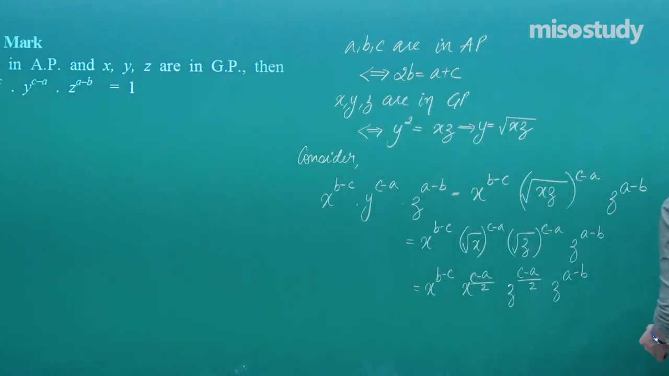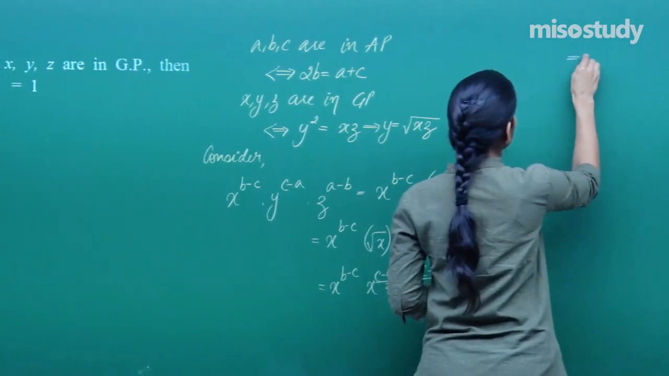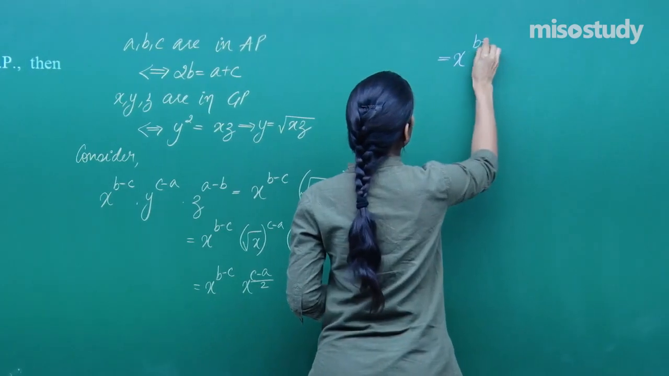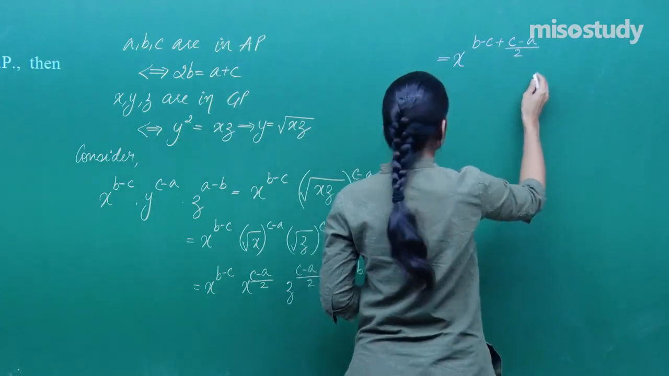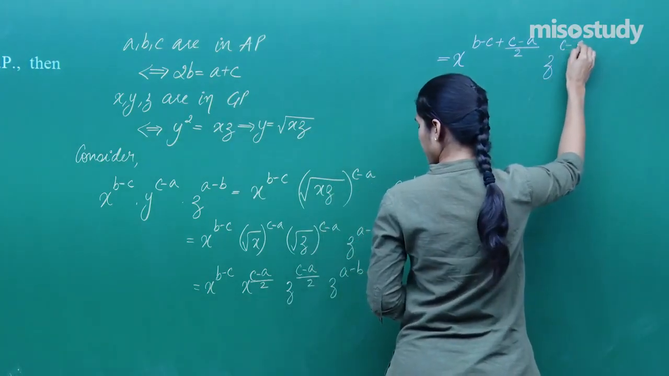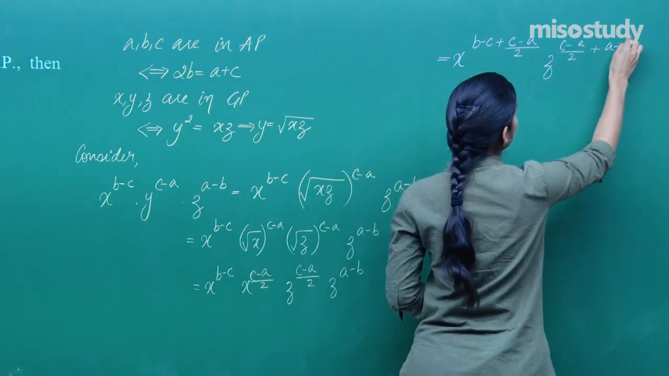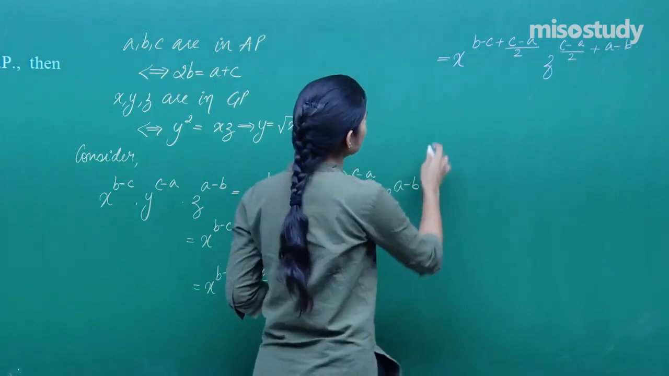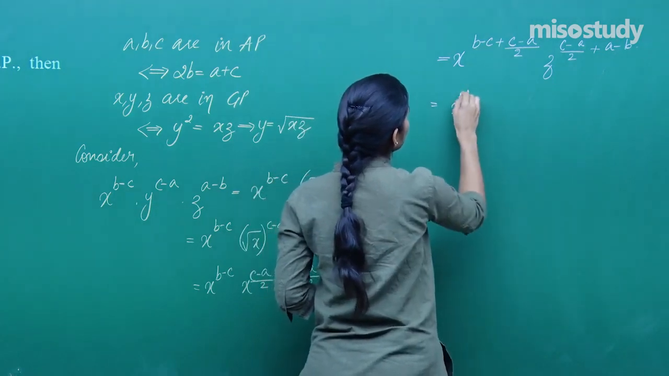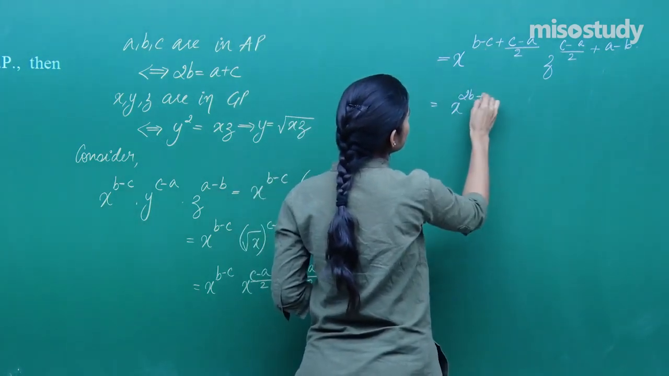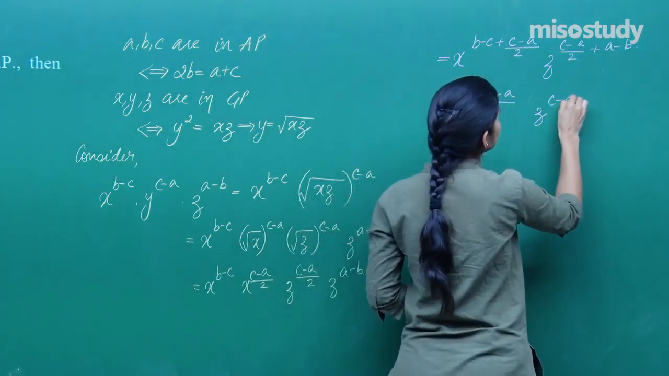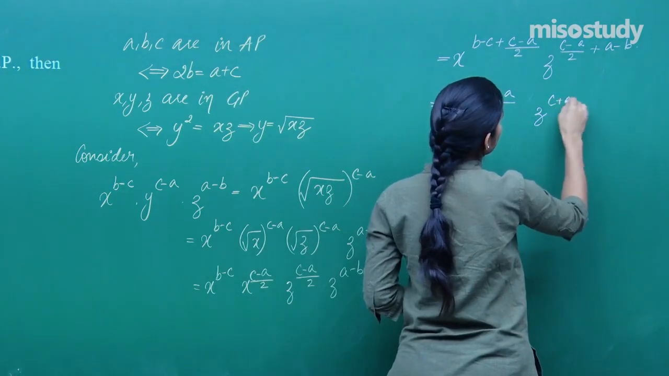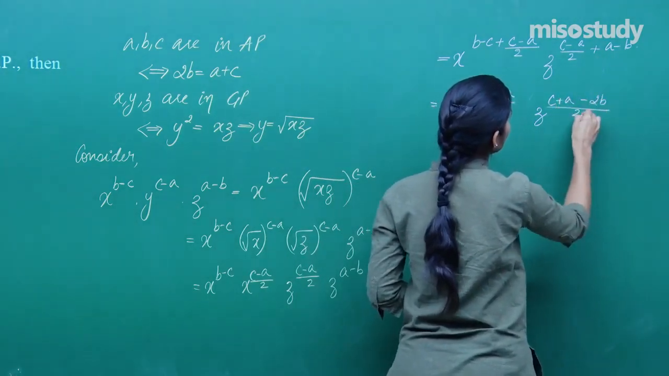Bases are same, add the powers. What do you get? X to the power b minus c plus c minus a by 2, and here you have z to the power c minus a by 2 plus a minus b. Eventually this gives you what? 2b minus 2c plus c, and then this is minus a upon 2, z to the power c minus a plus 2a, so this is plus a minus 2b whole upon 2,